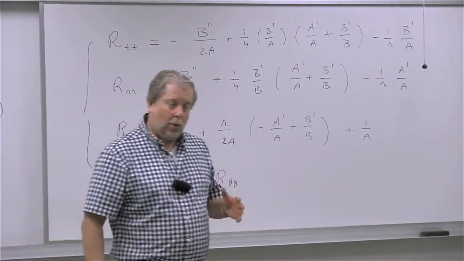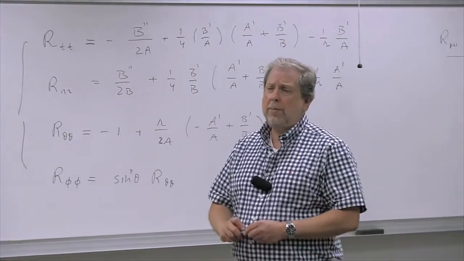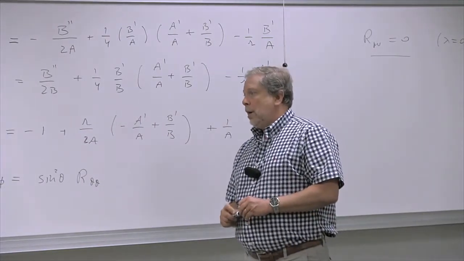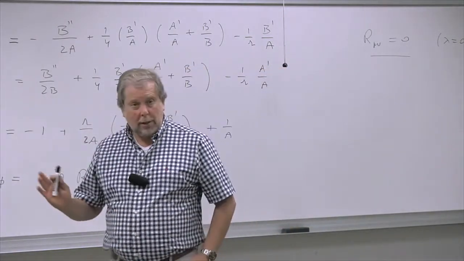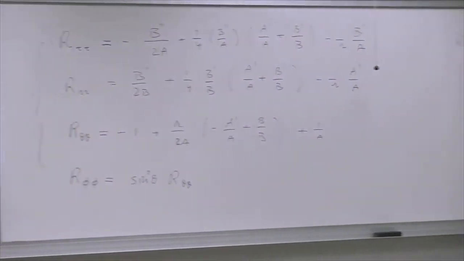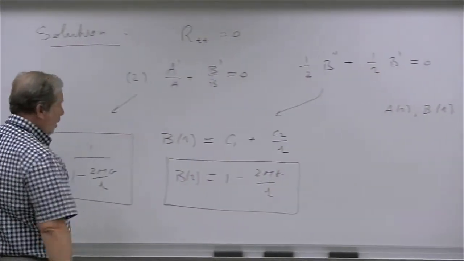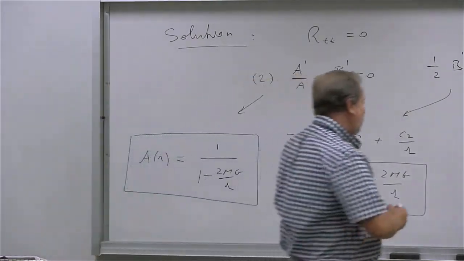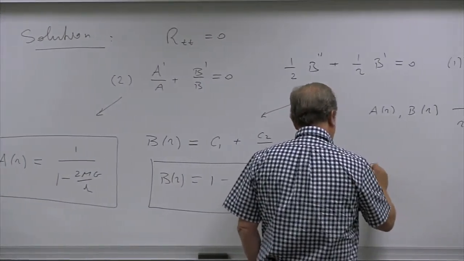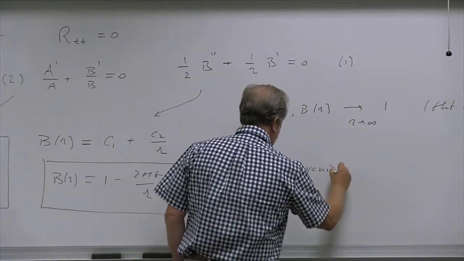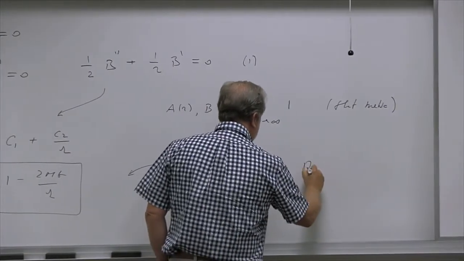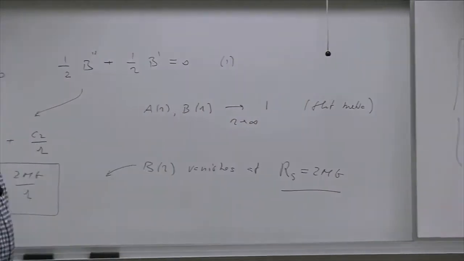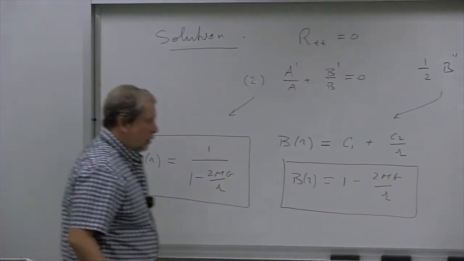And it's one of those rare cases where you do, because you can imagine that in general, finding exact solutions to the field equations is not easy, right? The other thing is that the solution is singular, right? If you look at these expressions, B of R seems to vanish at R_s equal to 2MG, right? So there is a point in R where something happens, which is this horizon,